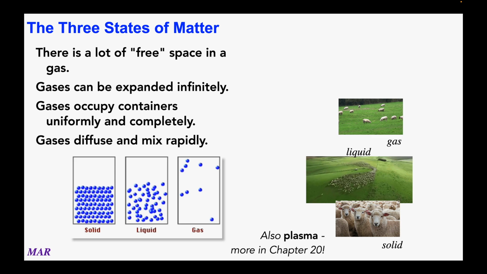Check out the little pictures of the sheep up there. Those are great representations of gases, liquids, and solids. So in gases, the sheep are just all over the place, no control. Liquids, on the other hand, you can see they're all kind of trying to get through that one little area right there. That would be liquid flowing through a container. And on the other hand, solids, they're hanging out very tightly together.